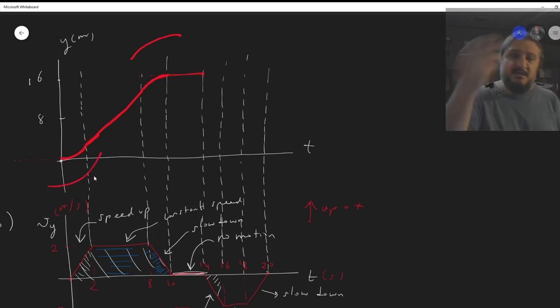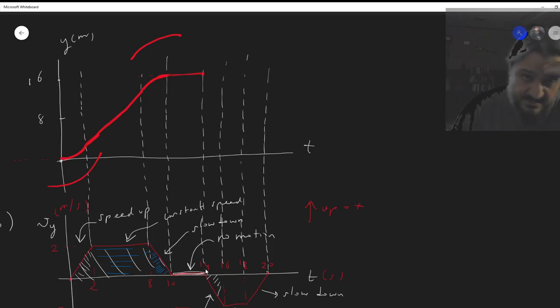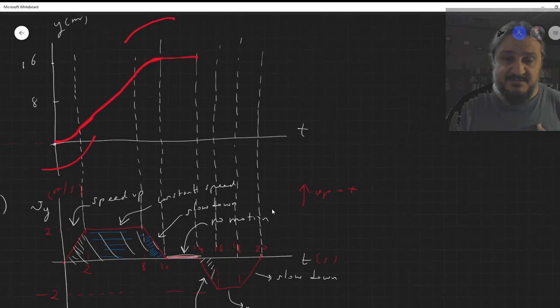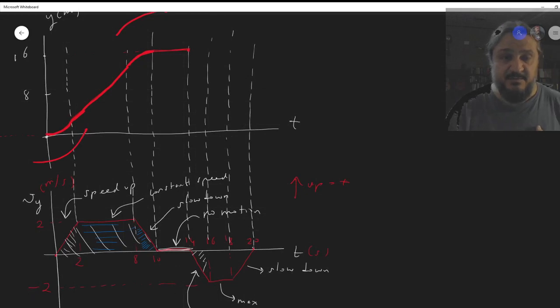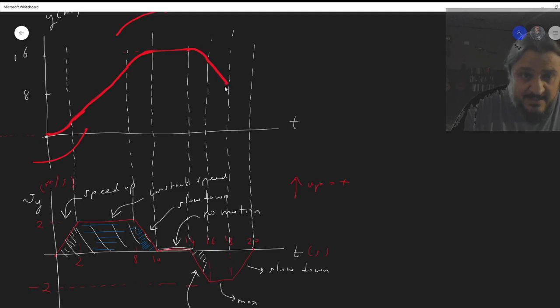Okay? Now what happens after 14 seconds? It has to start from 0 speed, because the slope is 0 right there. But it has to increase its speed in the downward direction. The velocity has to be negative until it reaches a maximum velocity of -2. So same thing will happen, but in the other direction, meaning it's going to speed up, reach a maximum speed, and then slow down like that,